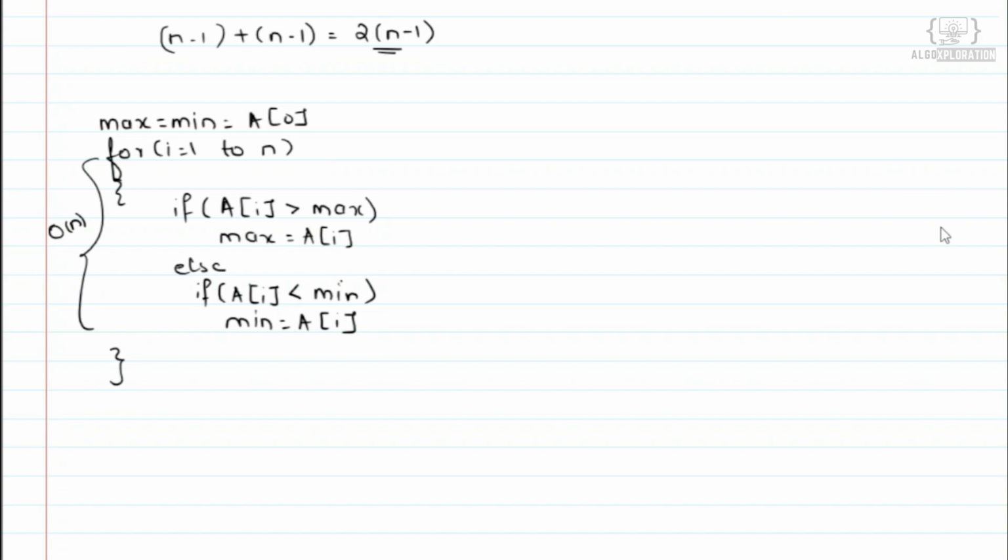The best case will be when only the if part will execute, such that the condition will always pass. This condition will always get passed, so that it will never get into the else part. So here the best case will be n minus 1, and this will happen only the